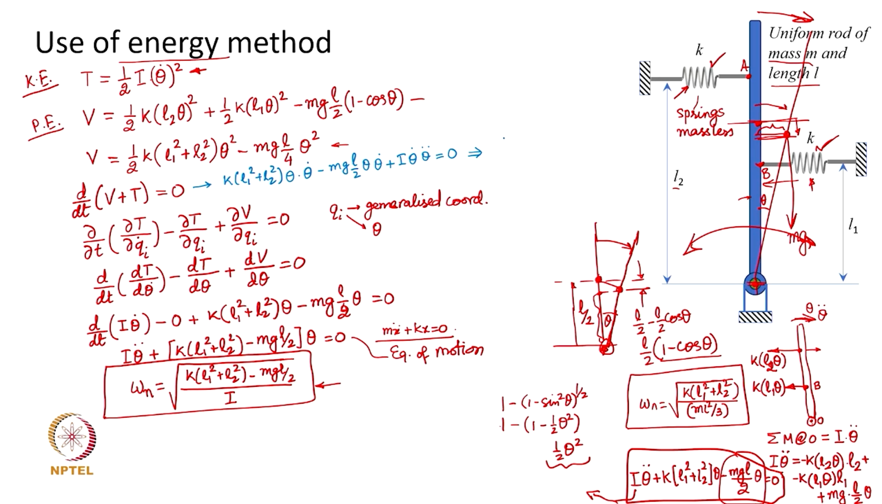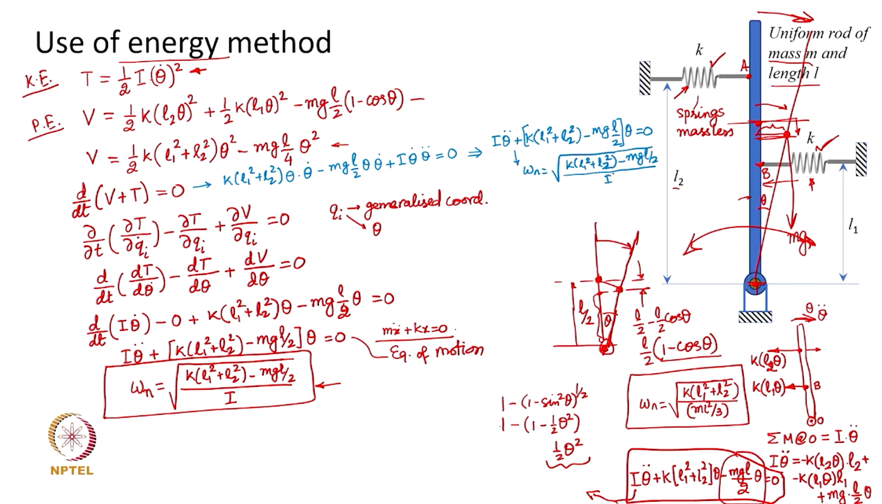So, what happens is theta dot cancels out throughout, and I am left with the equation I theta double dot plus k (L1 square plus L2 square) minus mgL by 2, this whole bracket is multiplied by theta, equal to 0, which actually gives me, comparing with the standard form of the equation of motion, omega n equal to square root of k (L1 square plus L2 square) minus mgL over 2